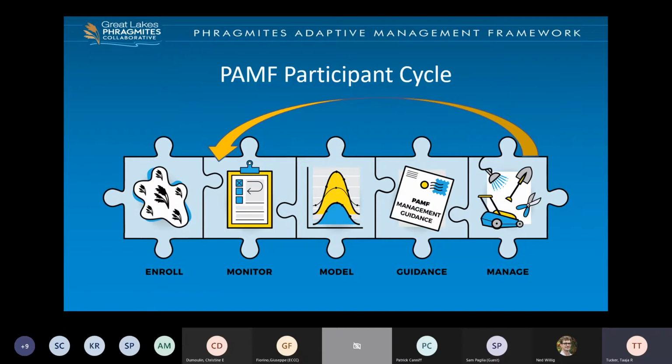We're going to walk through each of the steps of the PAMF participant cycle, which include all of these 5 steps here on these little puzzle pieces. So first, it is enrolling a management unit, which is just a patch of Phragmites that you might want to manage, and then monitoring annually, submitting data to the model, which then provides each management unit with effective and efficient management guidance,